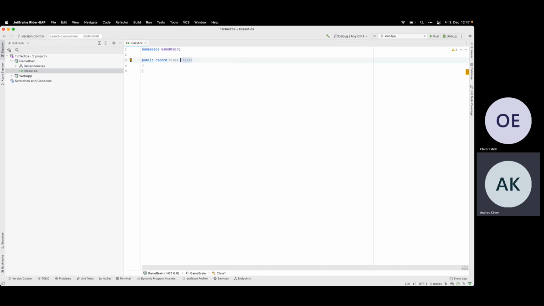Public record class. This way. Okay, struct was here. So this is a square state, and it has an enum.